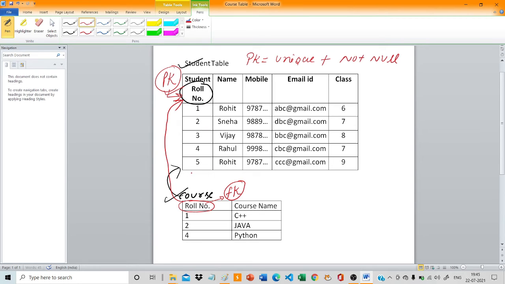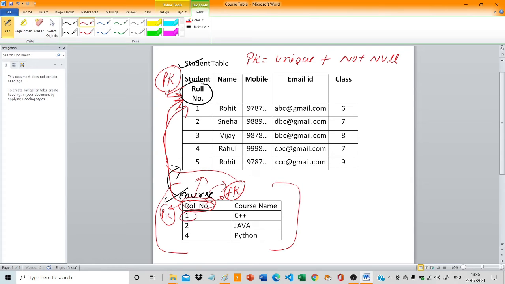And the table from which we are taking the data, on that table we will make a primary key, and the table that is referring to it is known as the referring table. If I am talking about this particular table only, this is the primary key of this table. But if we are going to link this table with the student table, we will make the roll number a foreign key of this table, and we will link this roll number to the roll number of the student table. Clear, everyone?